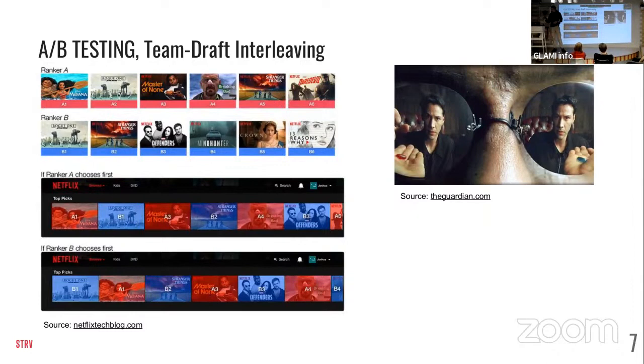By the way, there are links in the presentation, so I'm not sure if Tonda will share it, but these are not just links to the domains, there are actual links in this presentation, so you will have it there and you can look into them. Okay, last thing about interleaving. It was not invented by Netflix, of course, because this tech blog is from 2017, but we used it at Seznam, well, 10 years ago. So it is a much older technique.